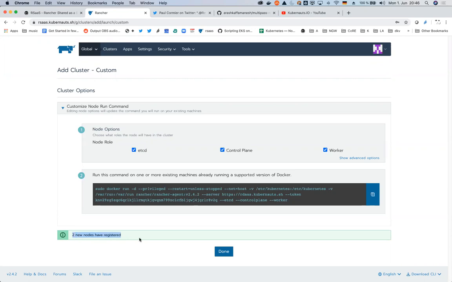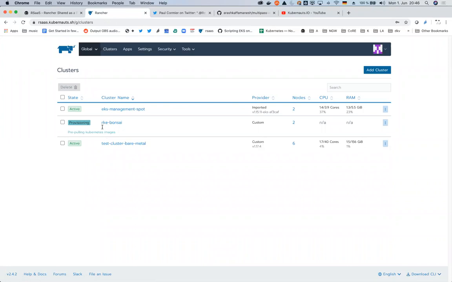The third node shall get ready, but you can click on done, and you see the RKE Bonsai is going to be provisioned, and in a couple of seconds, hopefully the control plane and the worker nodes get ready. I'll come back to this interface again